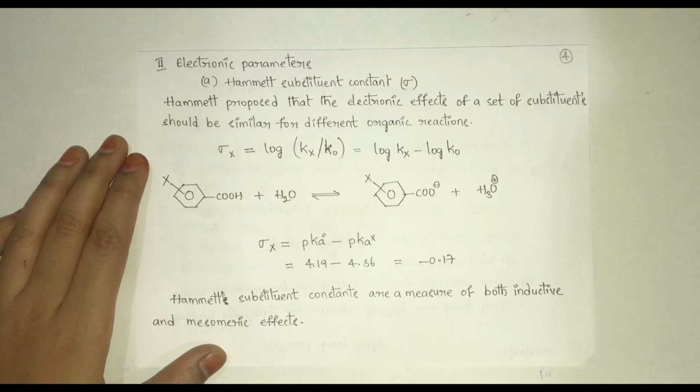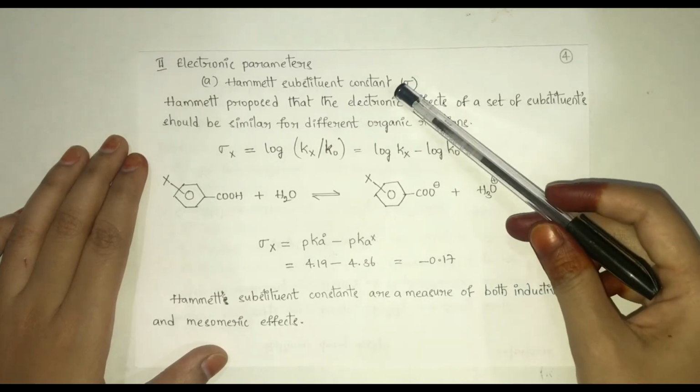Electronic parameters. The distribution of electrons in its structure determines the type of bond the drug forms with its target and ultimately it results in biological activity. Electronic parameters quantify these qualities by giving a value which is a measure of electron donating or electron withdrawing power. The electronic parameter sigma depends on the electronic properties of the substituents on the ring, hence it is known as substituent constant. Under this we will discuss Hammett substituent constant.